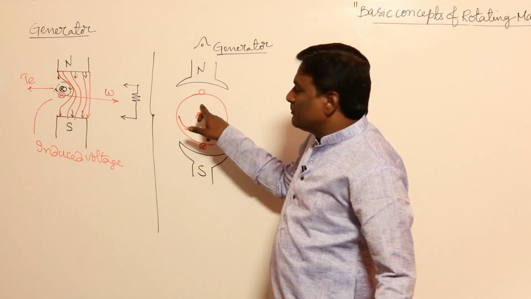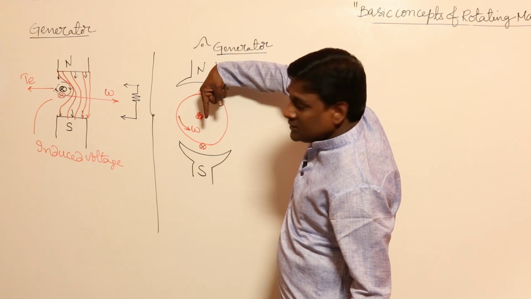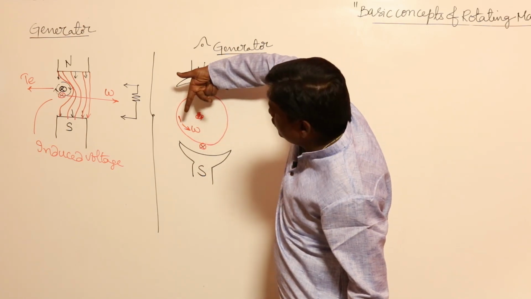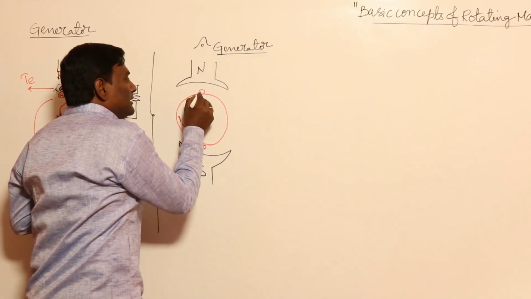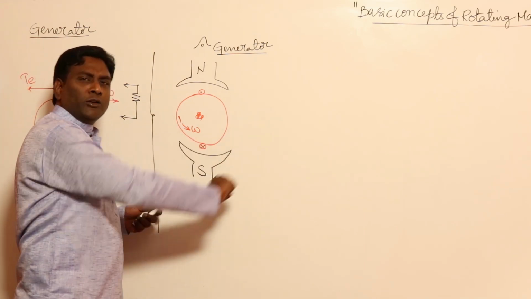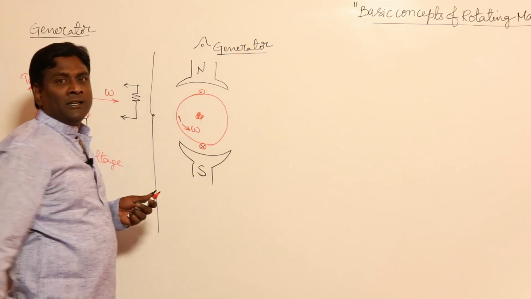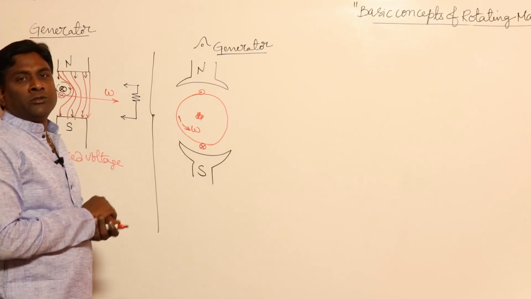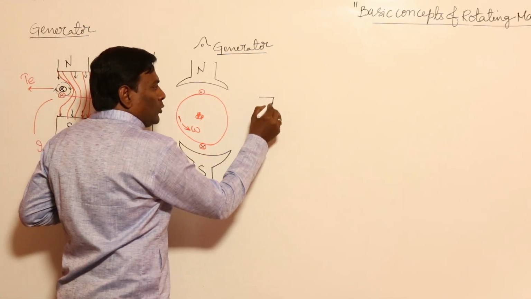Now, let us come back to here. In this conductor, flux is going to be in this direction, and the rotor is being rotated in this direction. So, induced voltage will be in this direction. At no load conditions, it's a happy life. It means you rotate yourself without any opposition, because at no load, once the load is not connected, the electrical power output will be 0, so the mechanical power input also will be 0 in ideal conditions. Now, let me connect a load